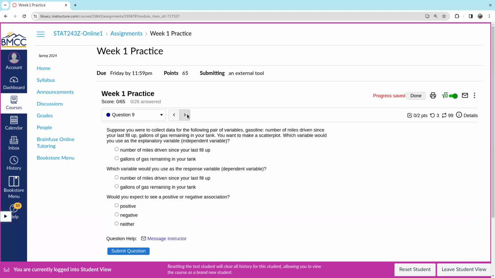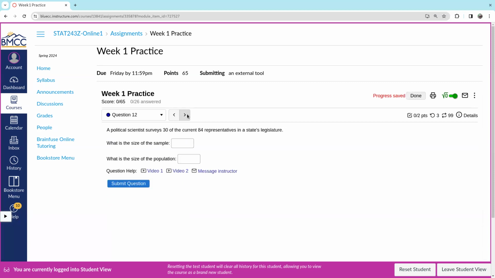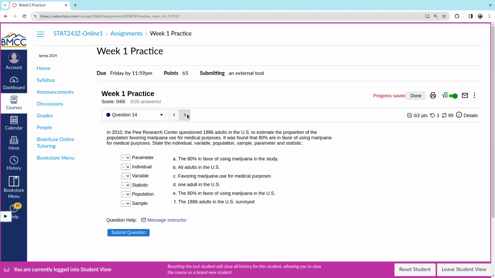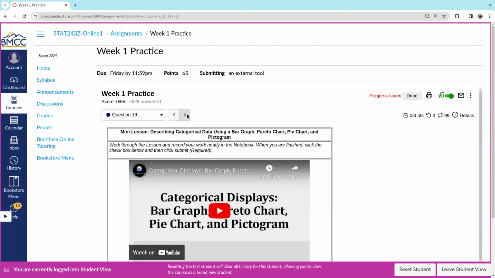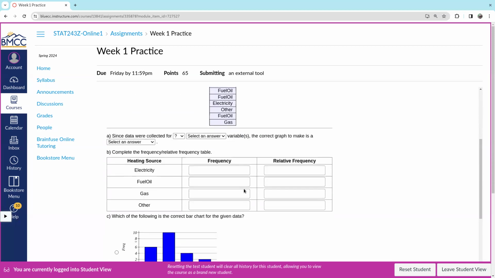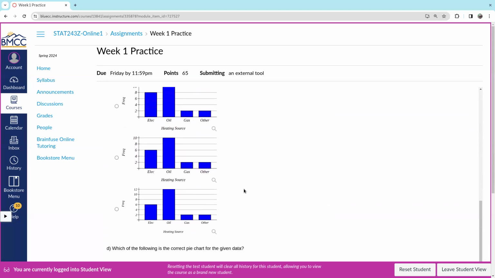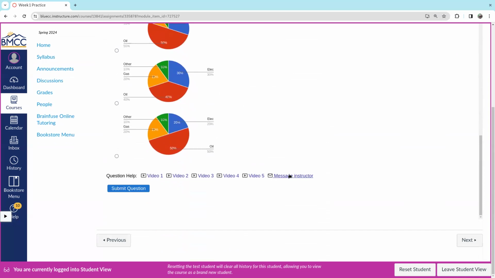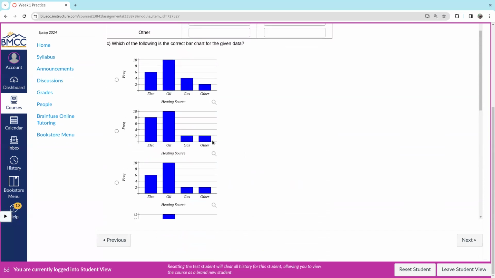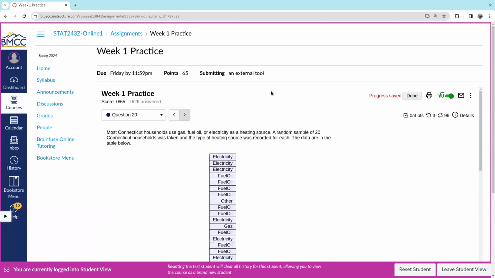Some problems are more complicated than others. Let's find a more complicated one here. Like this one here has quite a few parts to it. So if you tried most or all of these and you were getting stuck on something, and then you did the message instructor, then I get to see everything you tried, all the different versions you saw, and then I can try and help you. That's about it for now.